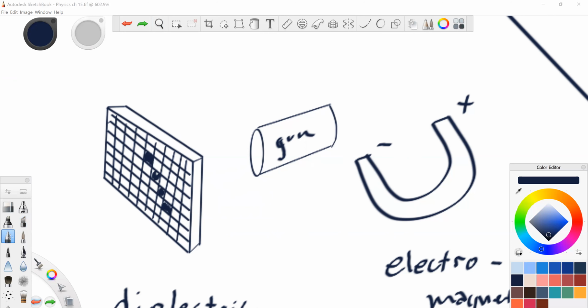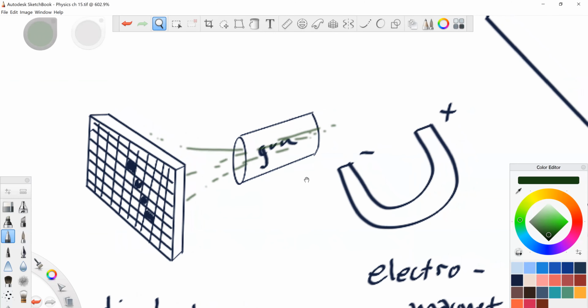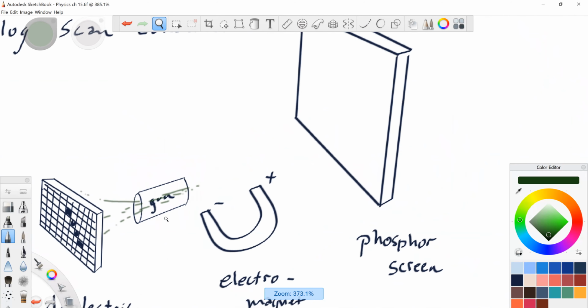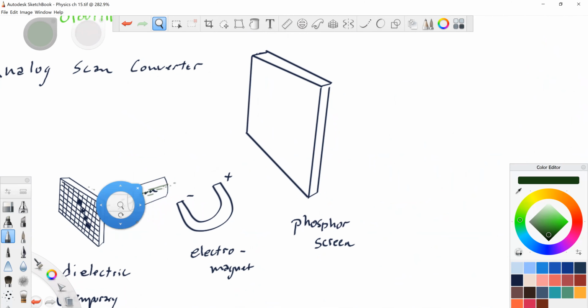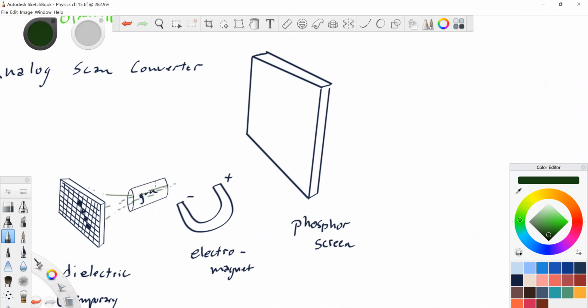Let's draw a little pretty green color here. And all the information here passes through a gun. And then after this electron gun, literally firing electrons, a beam of electrons. We're used to firing little pulses of sound. These guys were firing electrons, and they would go through an electromagnet. So it didn't look like this, but I figured I'd draw a magnet. And then that magnet, this is the really amazing part. They were able to